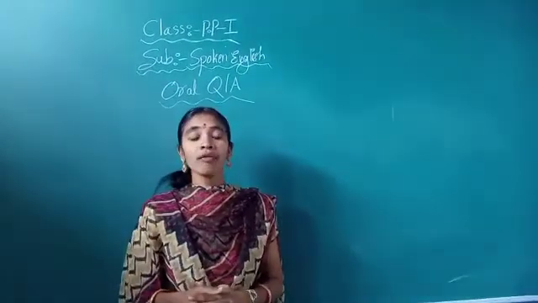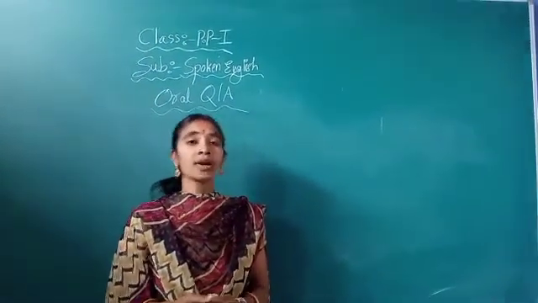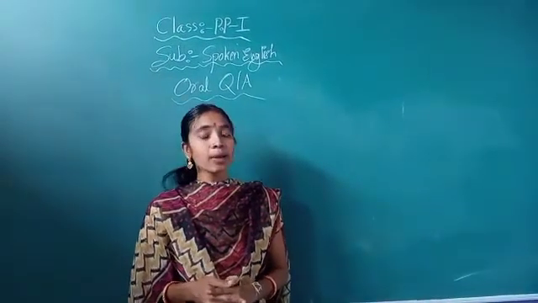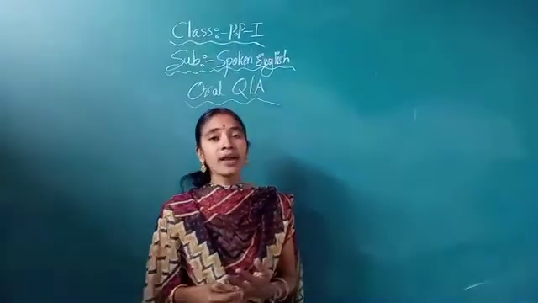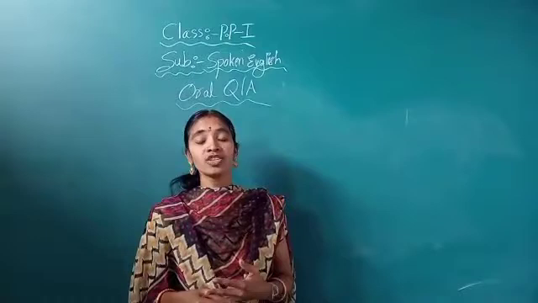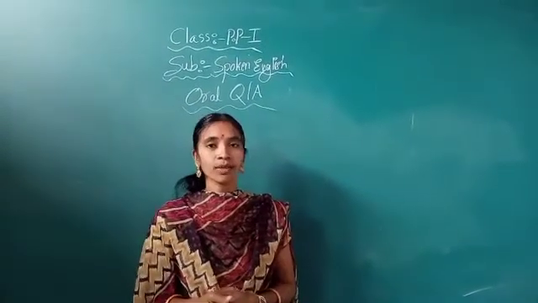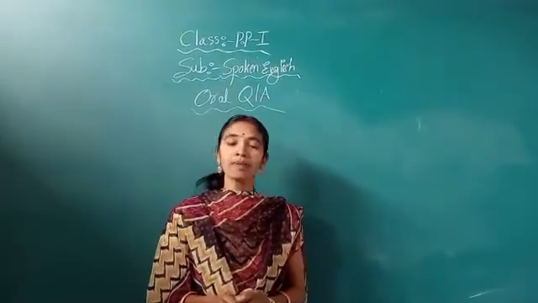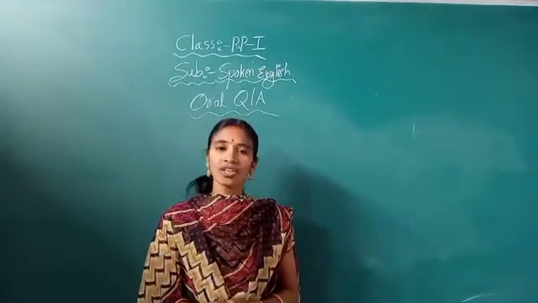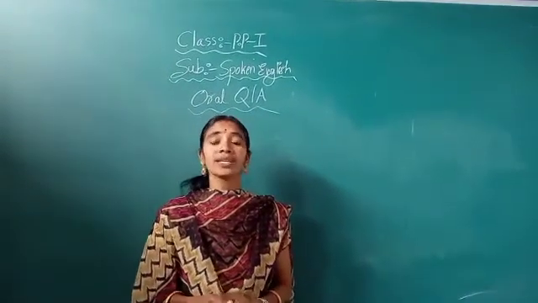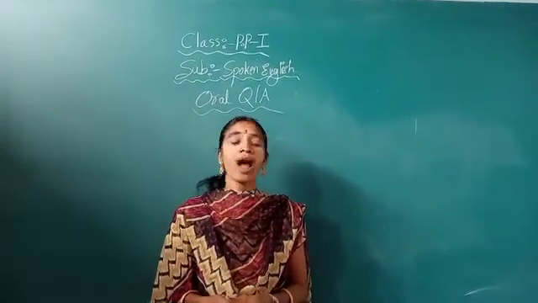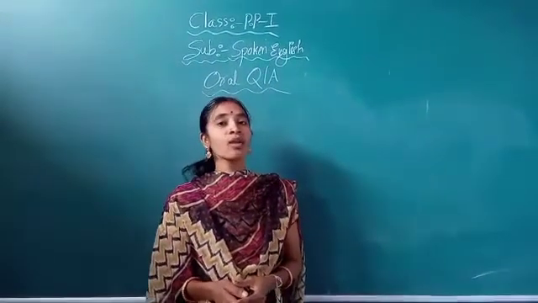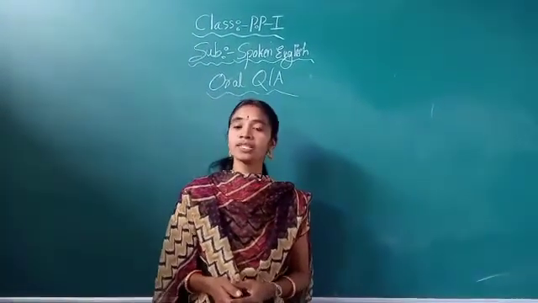What is the name of our national bird? Our national bird is peacock. You are seeing it in your textbook? In that, which book? Picture book, meaning the EVS book. In that, common birds are there, no? In that, the peacock picture is there. You watch it, okay? See, what is the name of our national bird? Our national bird is peacock. What is the name of our national flower? Our national flower is lotus.